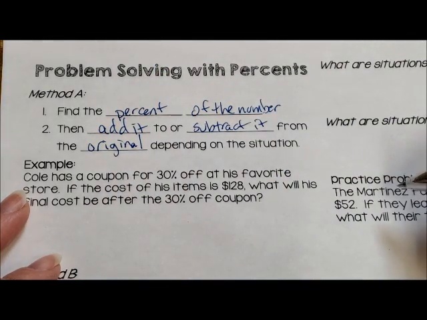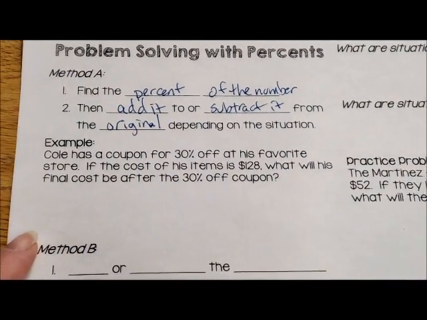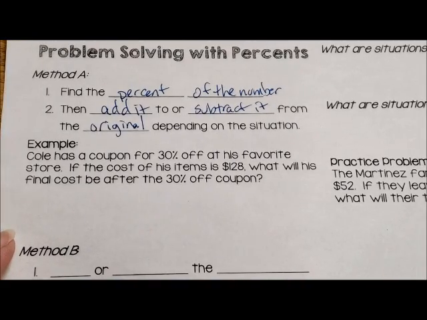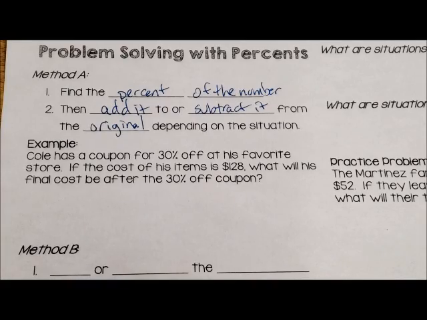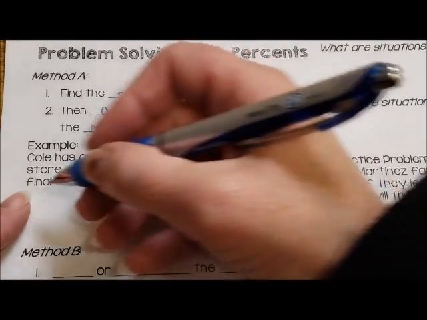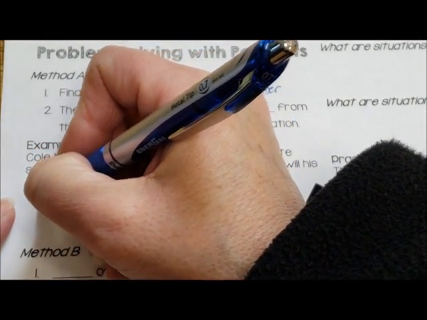depending on the situation. So for example, Cole has a coupon for 30% off at his favorite store. If the cost of his items is $128, what will his final cost be after the 30% off coupon? So what we need to figure out here is how much is 30% off of $128, and then take that amount off of $128 to find out what the final total would be with that reduced. So we're going to start off by finding 30%